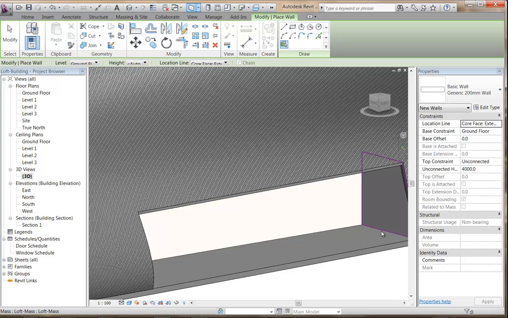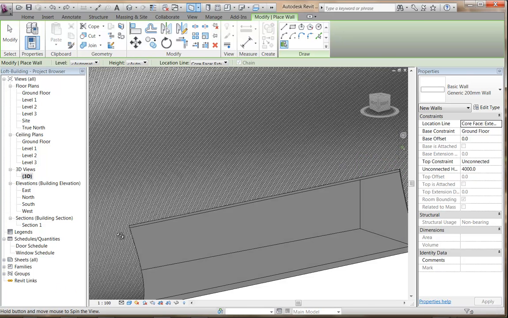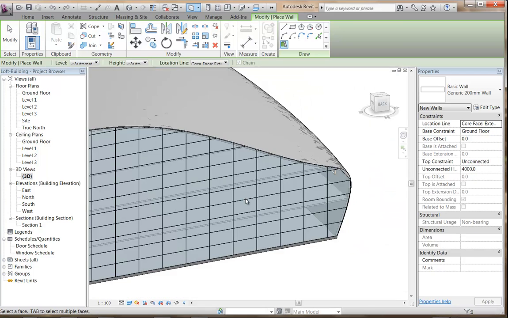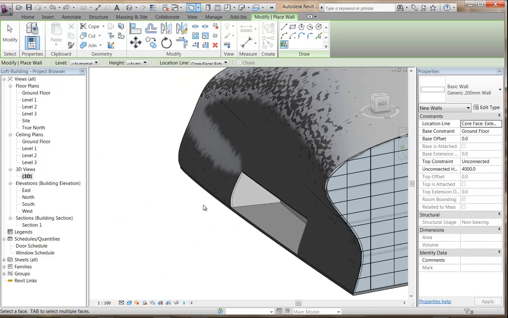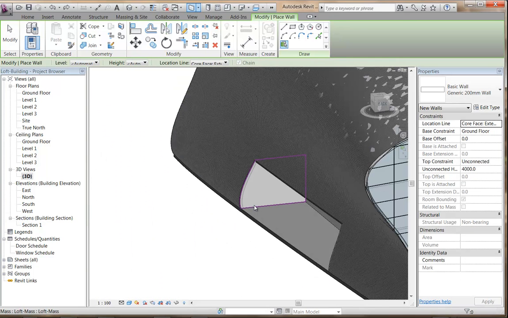In fact, probably a curtain wall might be better for that one. So I'll just use it for the sides. Yeah, here. And so it's just thinking. There we go. Here and here. Do solid walls, and then